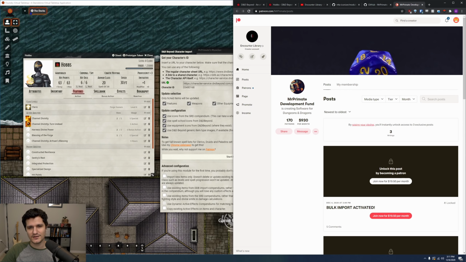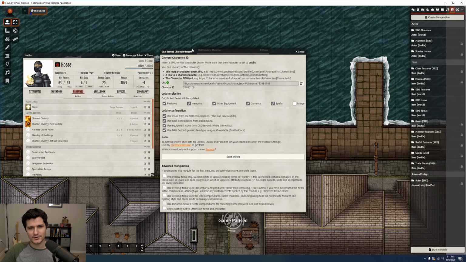Mr. Primate is planning on lifting that restriction near the end of the month for all Patreon tiers. If you're on one of the lower tiers, you can import about 5 monsters at a time by searching for them. But first, we have to enter our Patreon key to get access to the feature. I'm going to copy mine and go to the module settings and paste it in the Patreon supporter beta key